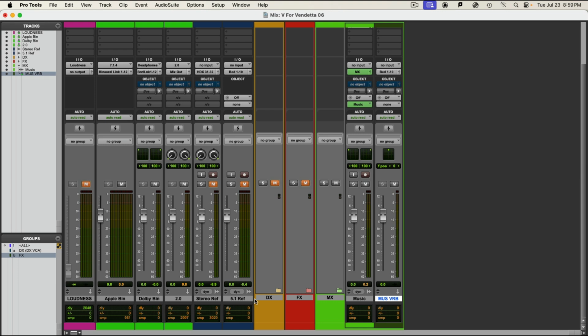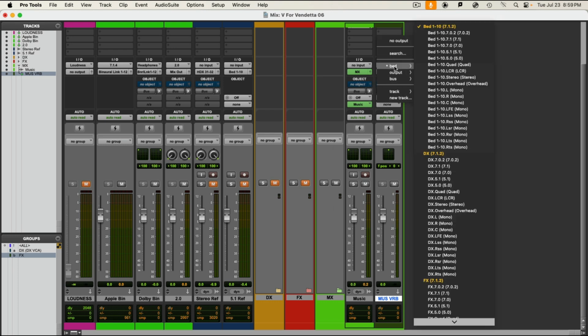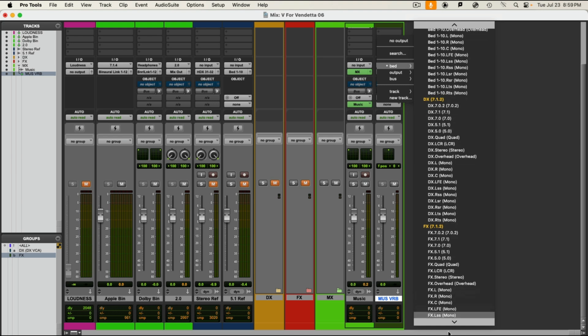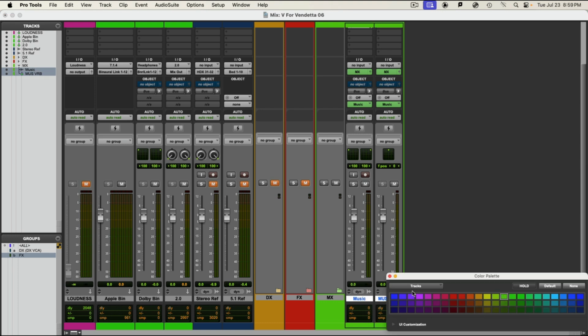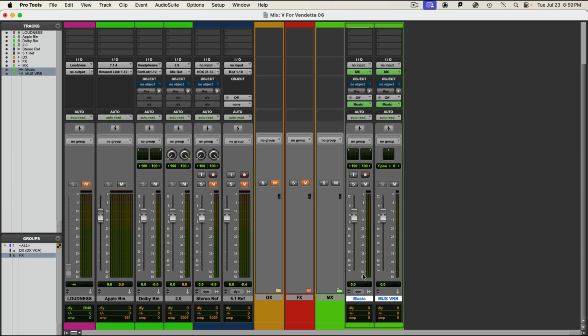I don't think you should do that here. I think any reverb you make for the music should live in the music's folder and go directly to the bed associated with the music. So I'm going to send this so it goes to the MX bed, and therefore it will automatically be in the music group. And if you're anal retentive, you might even want to make it have the same obnoxious green color. And the reason why any reverb associated with the music should be in the music folder in the music bed, and any reverb associated with the effects should go to the effects bed,